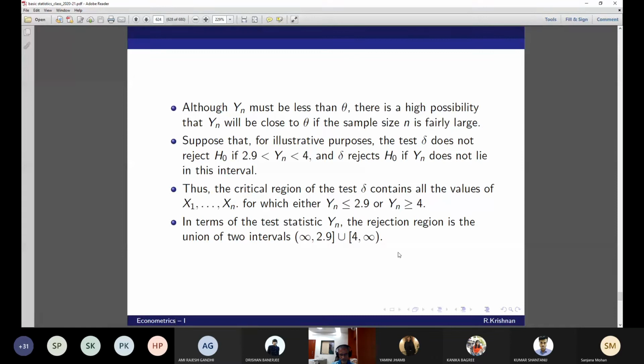Is the fourth bullet point clear? It should be minus infinity. Sorry, that's a typo there. So, sir, the range of yn and theta is differing because we are saying that for any yn sufficiently close to theta, we'll end up rejecting the null. So even if that value is between 2.9 and 3, we'll still reject the null hypothesis. Possible. Can you go to the next slide?